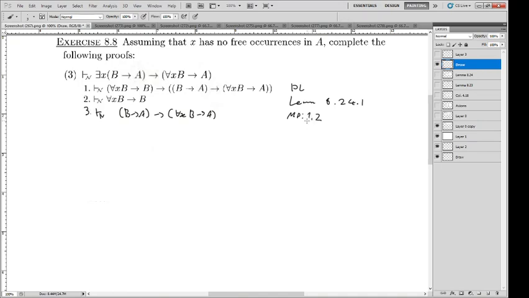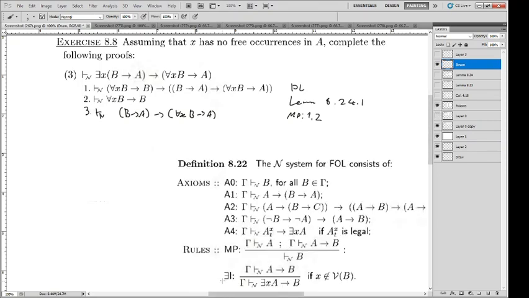So now we almost have what we need. We just need to introduce this exist x symbol right here. And just pause here for a minute if you want to figure that last line out yourself. So if we go and have a look at the rules that we have, of course, again, the introduction of the existence symbol here, which we can do if we have A implies B and x is not a free variable in B. B here, again, is for all x, B implies A, and